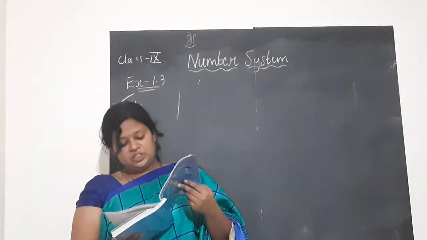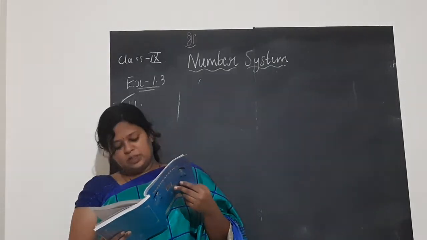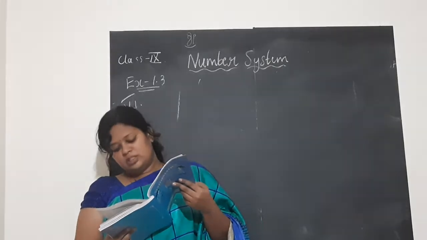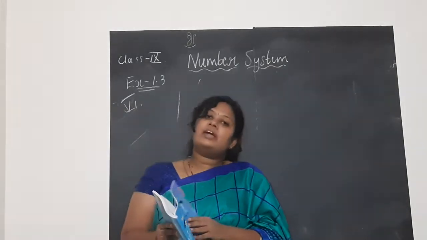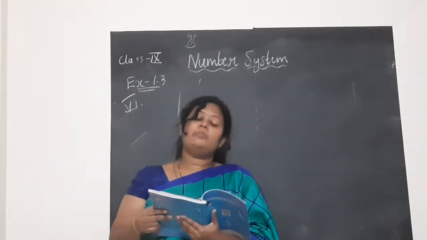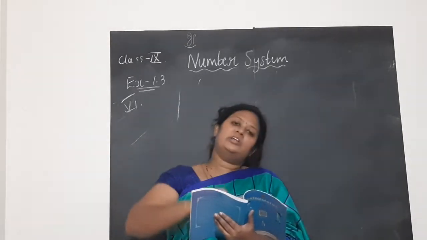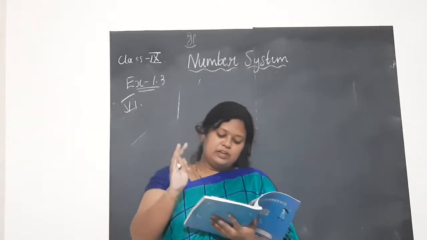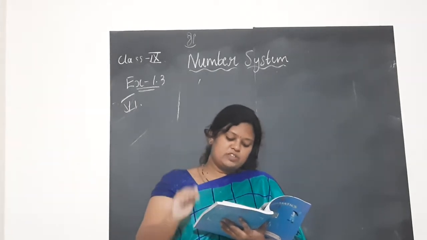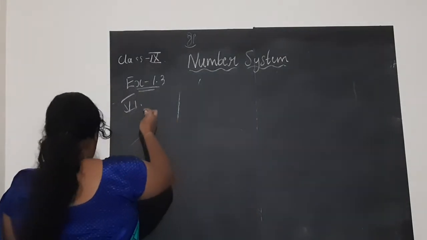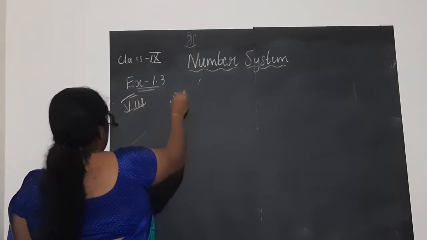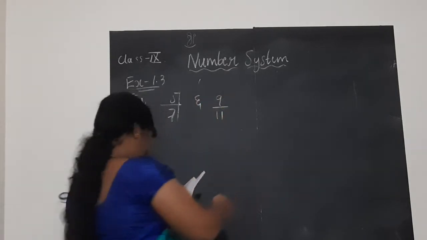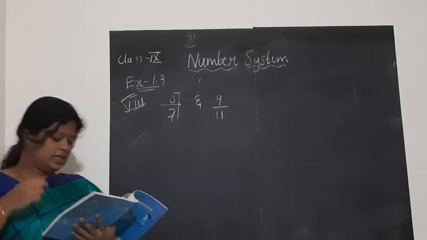So, in the previous session, children, we studied that the decimal expansion of an irrational number is non-terminating and non-recurring. A number whose decimal expansion is non-terminating, non-recurring is an irrational number. So use that concept we studied. They are asking us to find three different irrational numbers between the rational numbers 5 by 7 and 9 by 11. So this is 8th main, children.